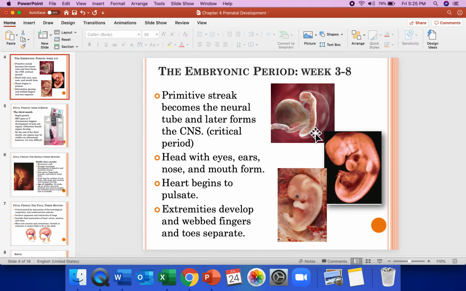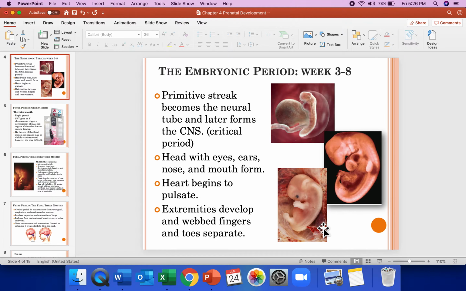And if you guys remember, a critical period means it's now or never. Of course, we're in the embryonic period. We're in a very critical period for a lot of development. One is the neural tube. Two is, if you remember, the eyes, the ears, the mouth, the nose, and the extremities. So if you recall, thalidomide, the nausea medication, was taken during this period and resulted in babies being born without limbs. Why? Because this is the natural process. This is nature taking its course.